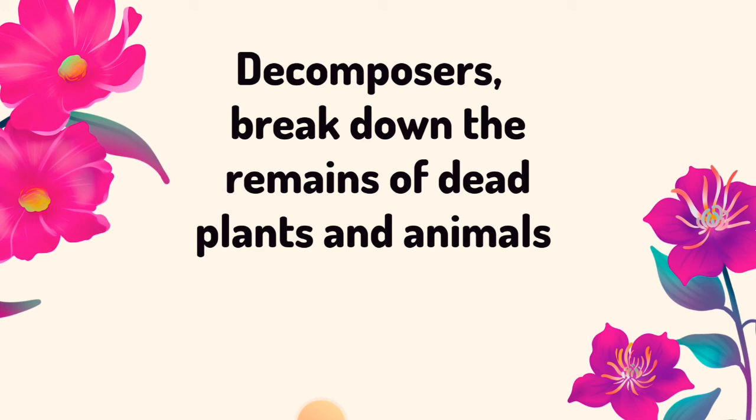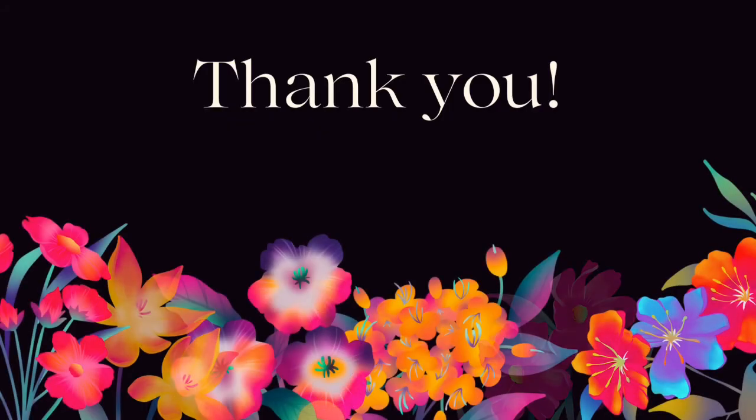Then the decomposers now break down the remains of dead plants and animals, whether it is a producer, primary consumer, secondary consumer, or tertiary consumer. As long as they die, they must be decomposed, and decomposers help to break them down, so that the nutrients in their body are transferred back to Mother Earth for the producers to use in making their own food. So this is a very interesting cycle, right?